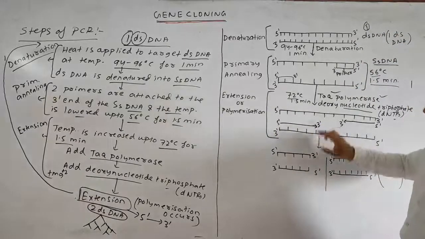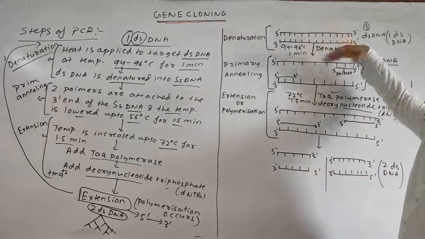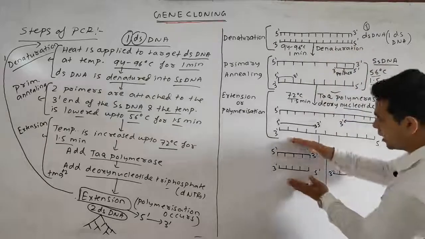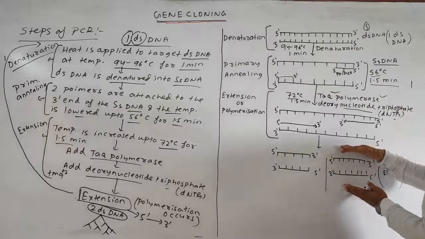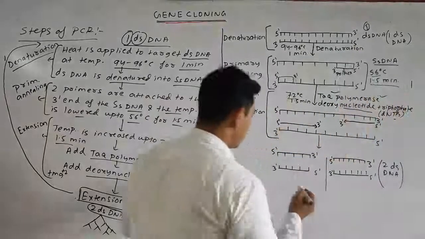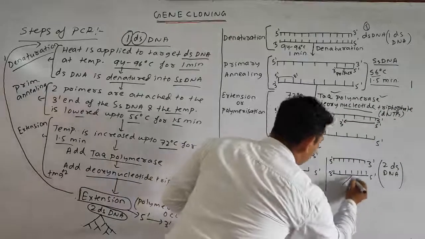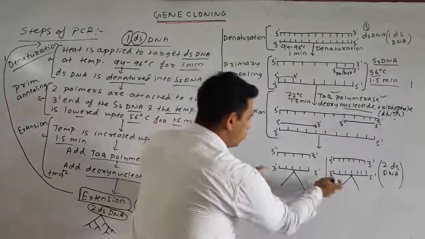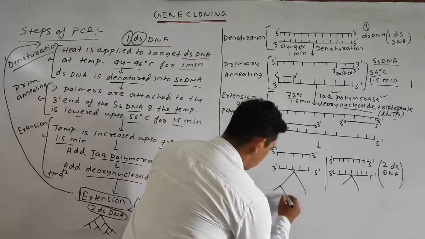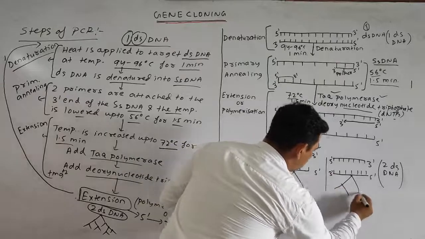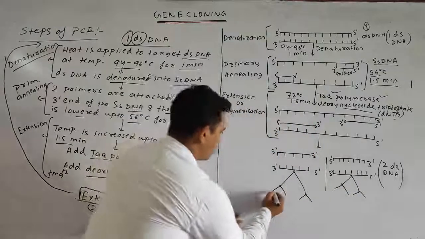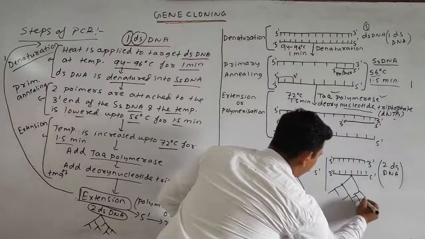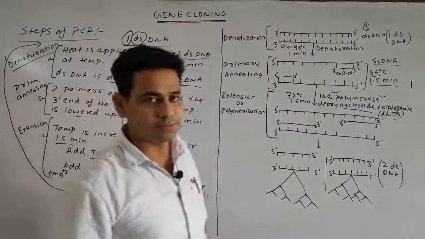So at the time of the starting of the experiment, we have one double-stranded DNA. Now we have two double-stranded DNA. Further, it will divide again, and this cycle will go on, by which from these two, more will form. Like this, millions of copies of DNA are being formed.